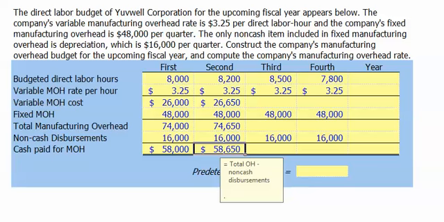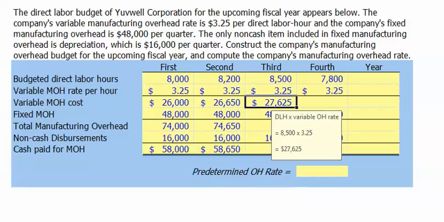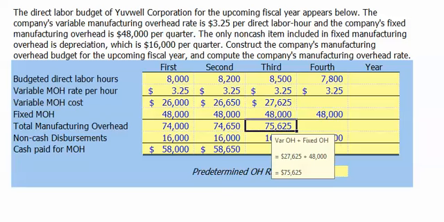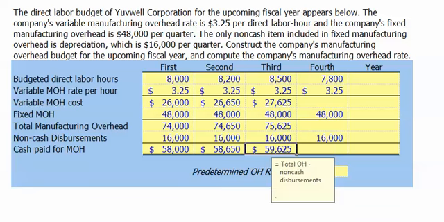$58,650. For the third quarter, our variable manufacturing overhead cost is our 8,500 budgeted direct labor hours times $3.25, for a total of $27,625. We add to that our fixed manufacturing overhead of $48,000 to get total manufacturing overhead of $75,625. Once we subtract our depreciation expense of $16,000, we're left with our cash disbursements for manufacturing overhead of